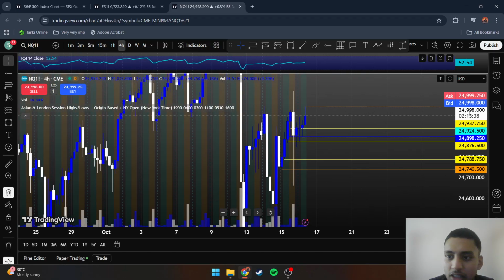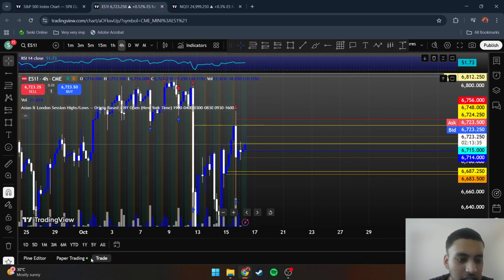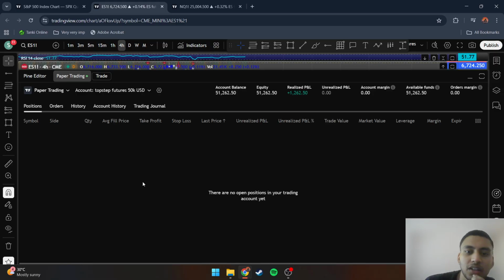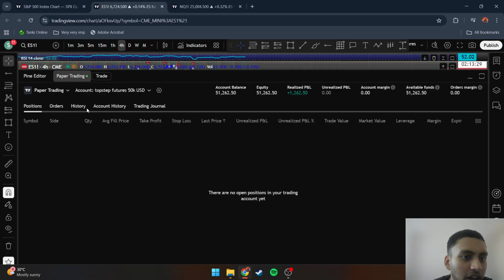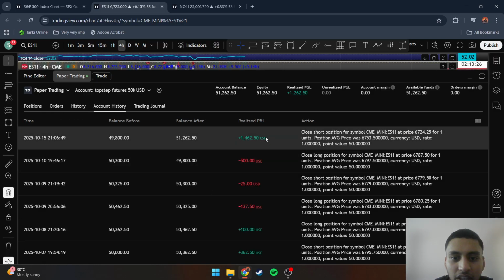So yesterday I took a trade on ES and I won that, making this amount of money. I went short, and there are two things that I think I could have done better when going for a trade, but I'll go over my thinking and ask someone, maybe ChatGPT, to see if that was the right thinking for taking this trade. But hey, anyways,